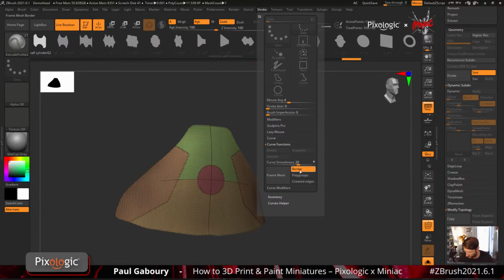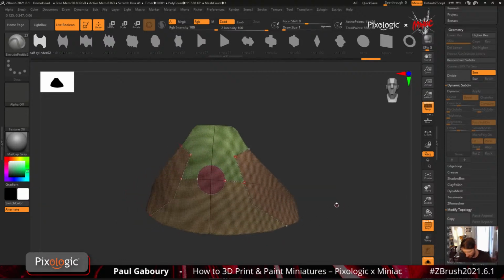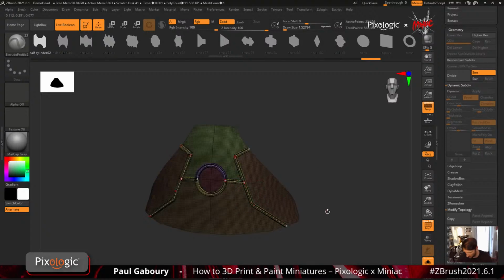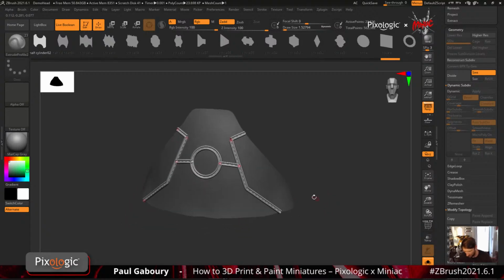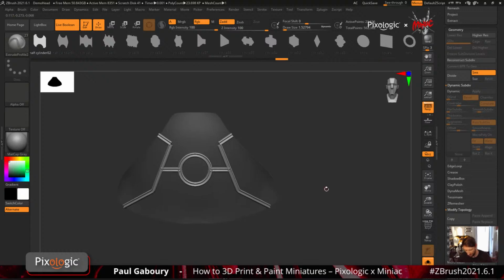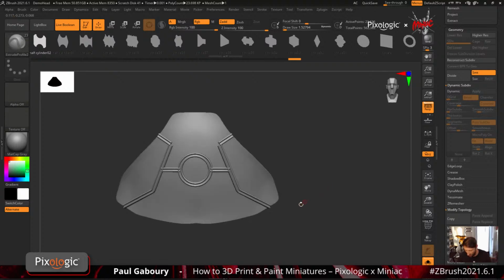Now I'm going to go to the stroke, and this time I'm going to do polygroup, frame it, right? Now I've got this. Let's go with the smaller brush size and tap. Now I have something like that, which is cool in itself. Okay? Done, right? But now, this time,